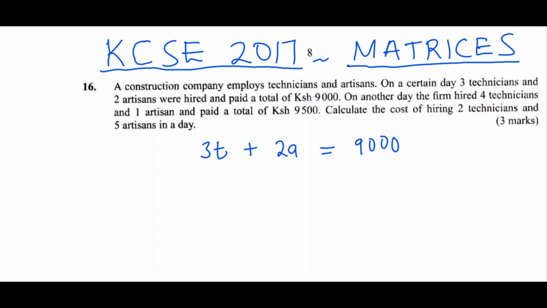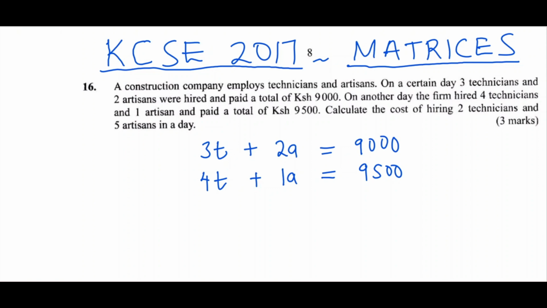On another day, the firm hired 4 technicians and 1 artisan, and this was for a total of 9,500 shillings. We are asked to calculate the cost of hiring 2 technicians and 5 artisans in a day, but we cannot calculate the cost of hiring 2 technicians and 5 artisans before we first find out the cost of hiring 1